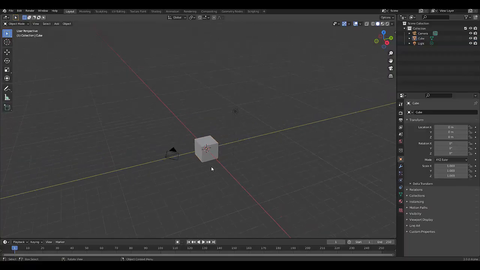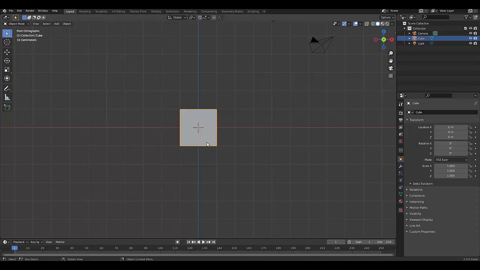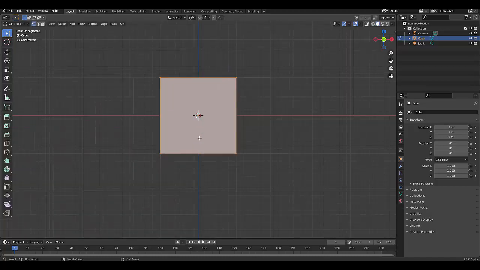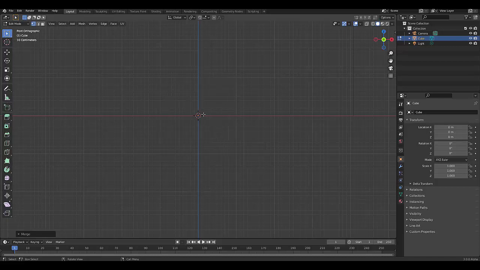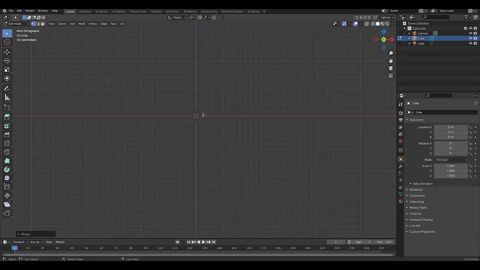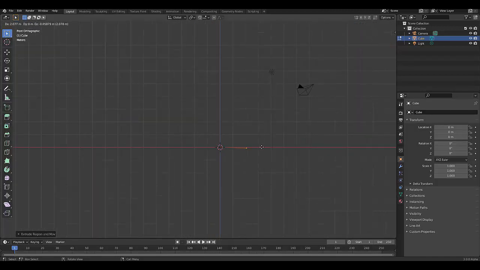Alright, let's do something interesting. We're going to select this default cube, press numpad 1 for front orthographic view, press tab to go into edit mode, right click, merge vertices at center. Once you've done that, you want to press E to extrude, and I'm going to just zoom out to make this fairly big. E to extrude,